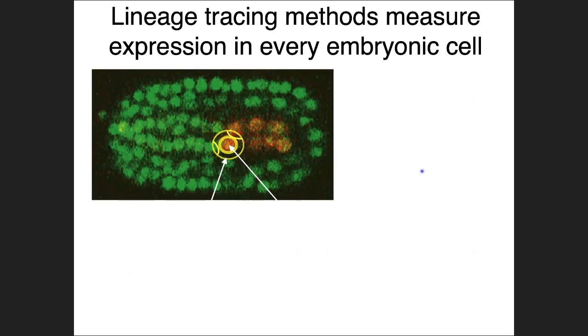All right, so I'm going to start with a little bit of the background on the imaging approaches. Our goal when I started getting into the system back in the early 2000s was to use this as a system where we could really think comprehensively about mapping gene expression, both for every gene as well as in every cell of the organism. And because of this invariant lineage, we can actually make a list of all of the cells of C. elegans at any given stage. And then, if we can figure out the expression of each of those, we have, in principle, a complete description